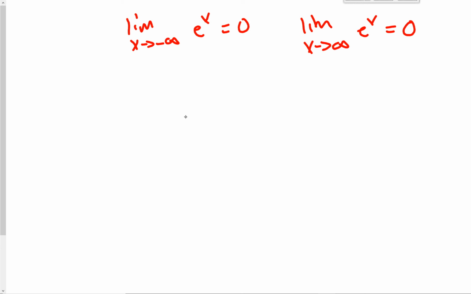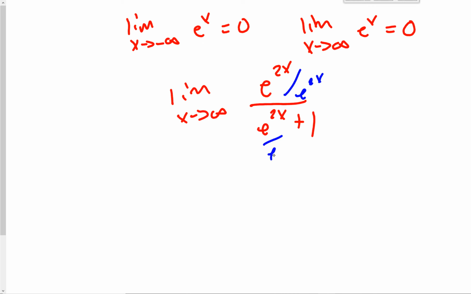So sometimes you might have to simplify and use different things, like say the limit as x goes to infinity, if I'm evaluating this limit of e raised to the 2x over e to the 2x plus 1. I can just rewrite this and simplify by dividing the numerator and denominator by e to the 2x. So if I divide this by e to the 2x and divide this by e to the 2x, then I can simplify this. All right, so this would be the limit as x goes to infinity of 1 over 1 plus 1 over